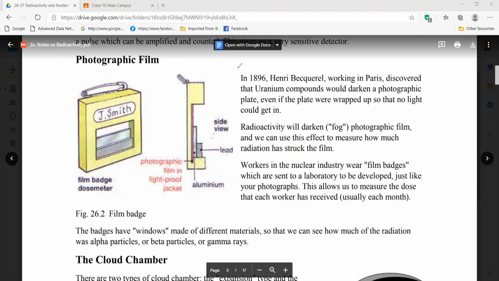In 1896, Henry Becquerel, working in Paris, discovered that uranium compounds would darken a photographic plate, even if the plate were wrapped up so that no light could get in. Radioactivity will darken or fog photographic film, and we can use this effect to measure how much radiation has struck the film. Workers in the nuclear industry wear film badges,